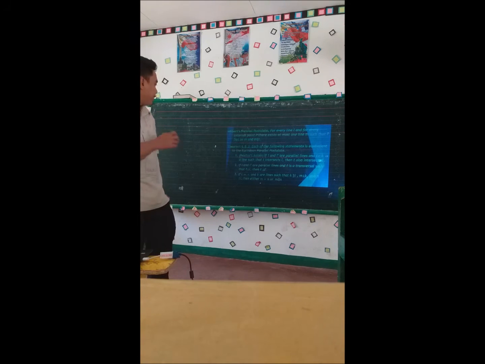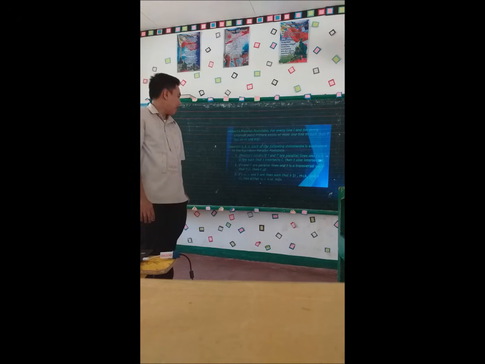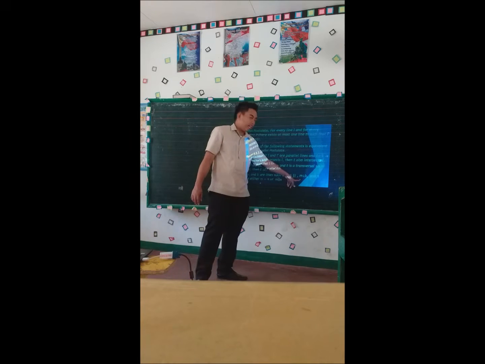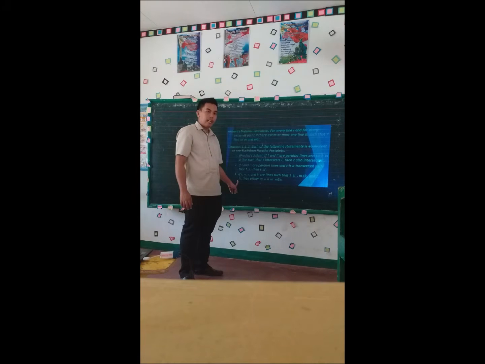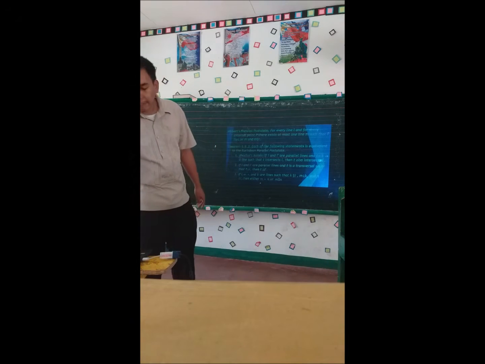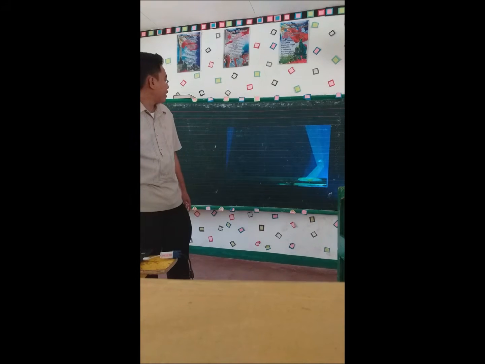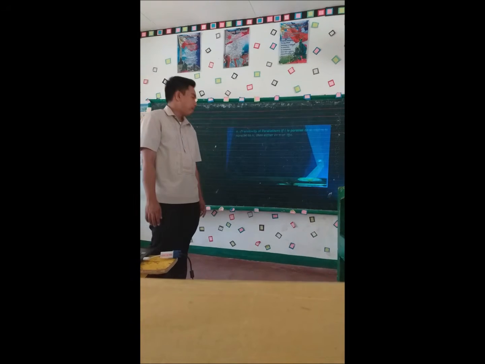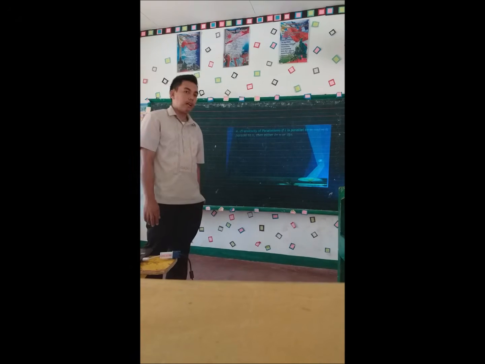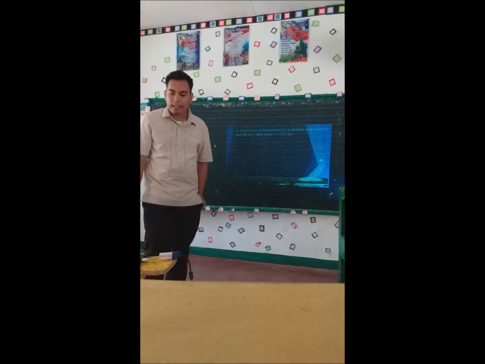Next, the third one: if lines L, M, N, and K are lines such that K is parallel with L, and N is perpendicular with K and N is perpendicular also with L, then either M is equal to N or M is parallel with N. Okay? The fourth one of this theorem is the transitivity of parallelism. If the line L is parallel to M and M is parallel to N, then either L is equal to N or L is parallel with N.